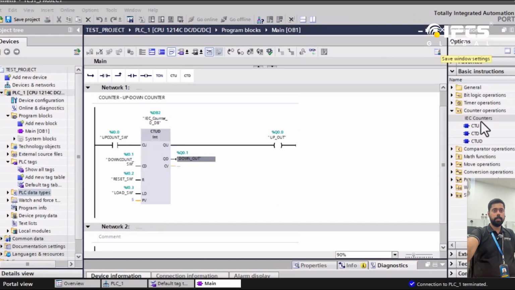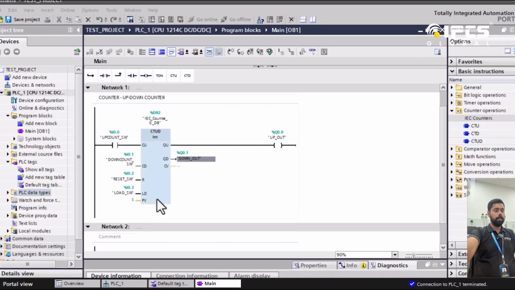So here we have three different types of counters. I'm going to give you the complicated counter, as you know, the up down counter. I already placed the counter with its corresponding inputs and outputs. These are the different types of input sections that you can find in your counter. CU means up counting sensor, CD is down counting sensor, R is a reset option, LD is a load option, PV is the preset value, which is the maximum count that you want the counter to perform,